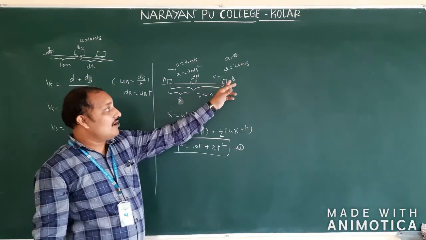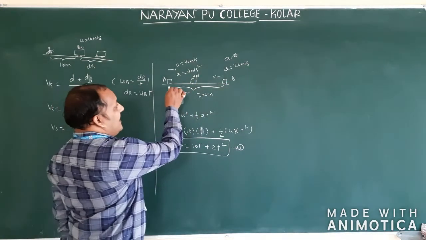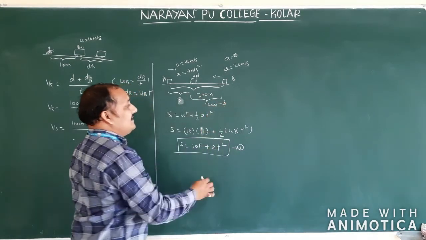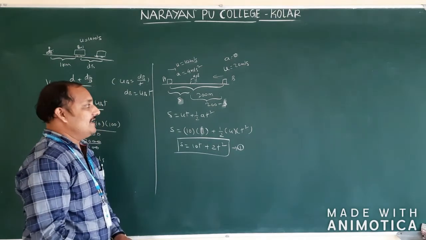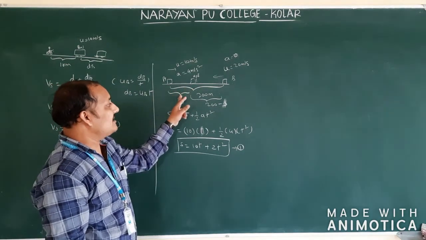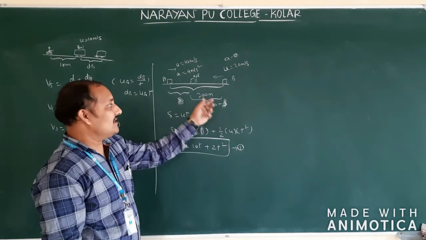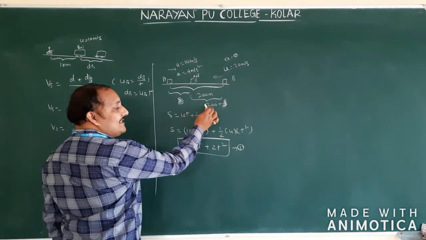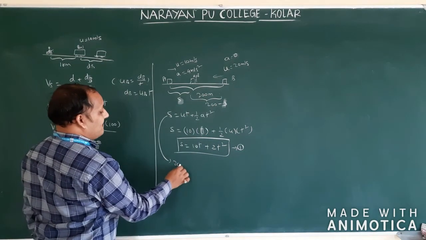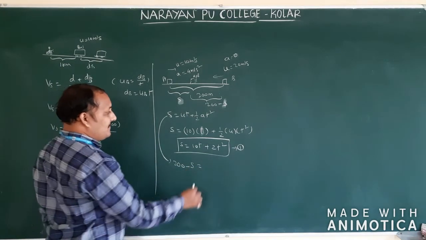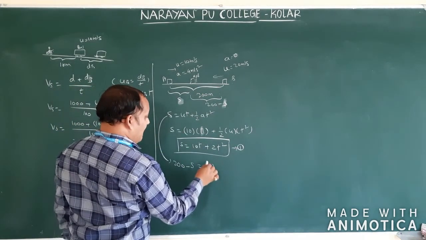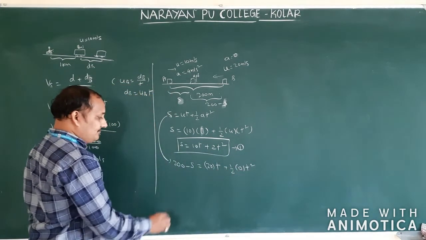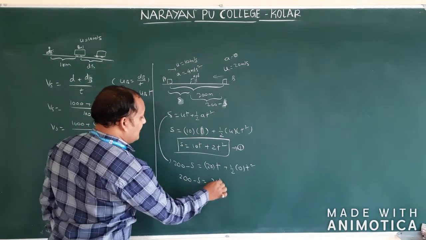So within the same time, how much distance is B going to cover? A is here, then B. The remaining distance is 200 minus D, that is 200 minus S, because we have taken S. From here to here is S, so the remaining distance is 200 minus S, because the AB distance they gave is 200. Now object B is going to cover 200 minus S. Same formula: 200 minus S is equal to u value 20, t, plus half of 0 t square. So 200 minus S is equal to 20t.